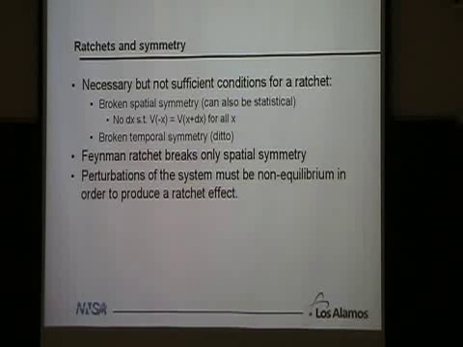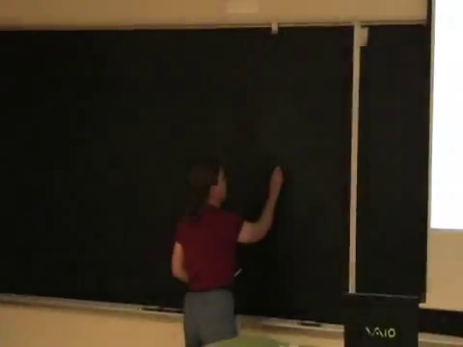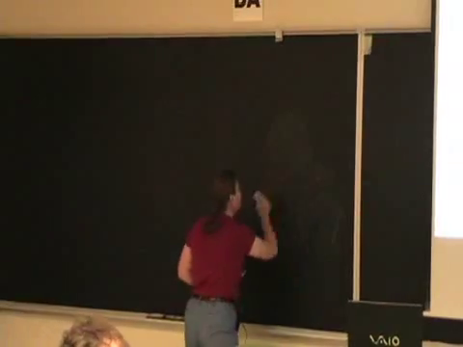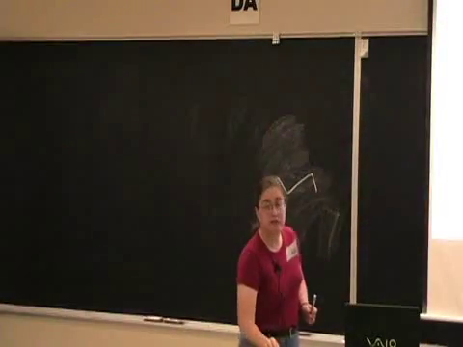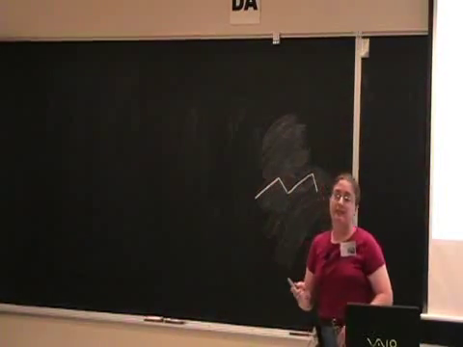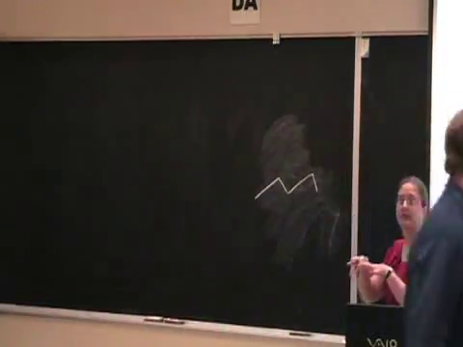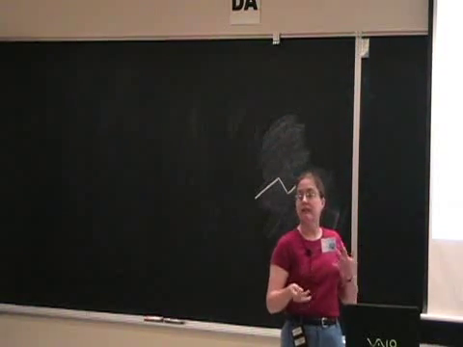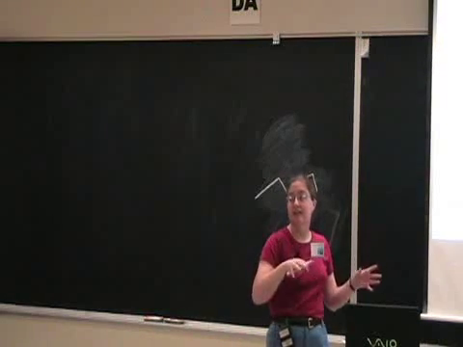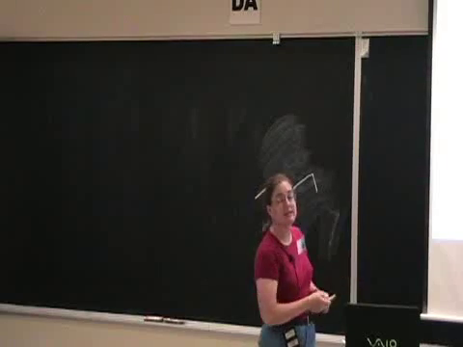Okay, so you can break spatial symmetry, and the common way to do that is have a potential which is sharper on one side than on the other, but still periodic. It can also be, symmetry can be broken in a statistical sense. So this is sort of a deterministic symmetry breaking, but you could have random fluctuations that are colored. So they could either be Gaussian fluctuations or they could be non-Gaussian fluctuations.